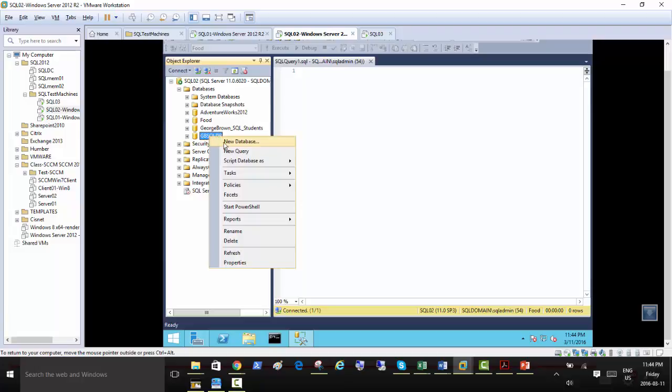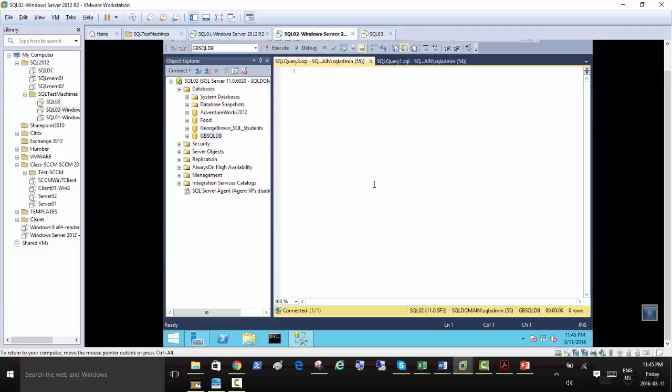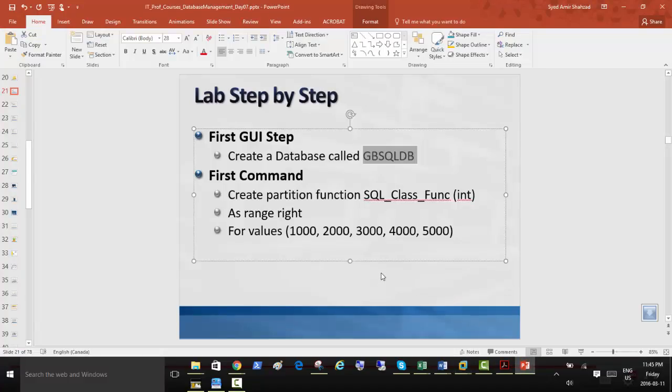So I'm just gonna right click this newly created database and go to new query. Okay, so let's get back to the next steps. First we're going to create a partition function with these values: 1000, 2000, 3000, 4000, 5000.